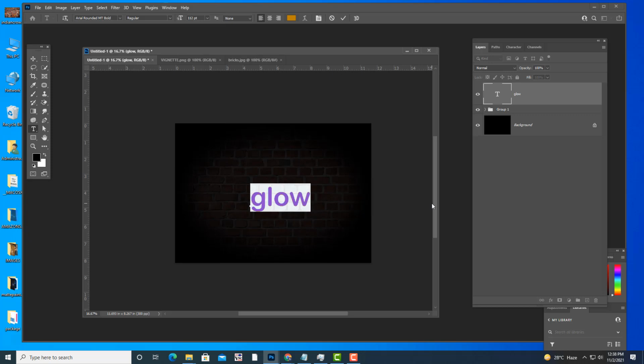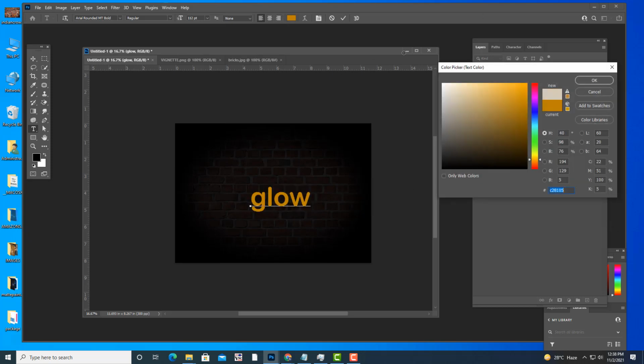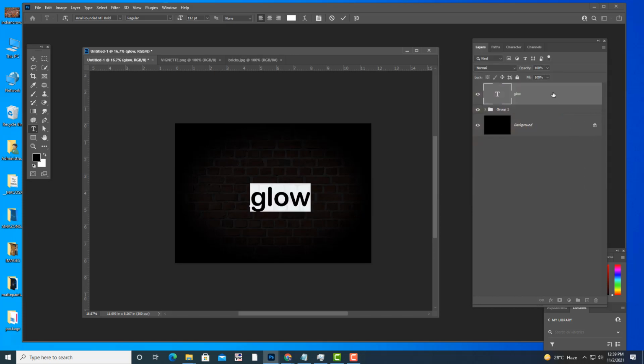The next important thing is the color, and which color we have to start from. By default the inside fill color should be pure white. So how can we get pure white? Simply click here and take a pure white color. This is the first starting step. And we'll increase the size, Control Shift greater than. I think all of you know the shortcut. Control Shift greater than.